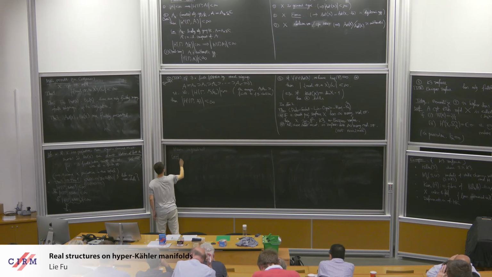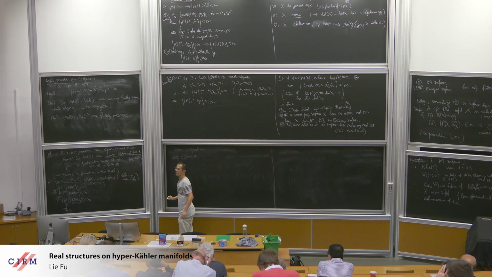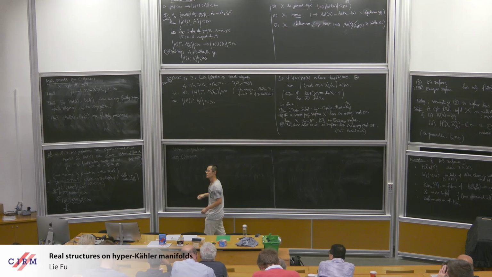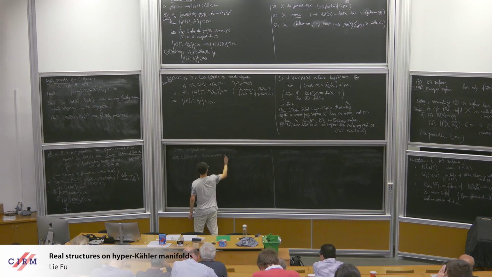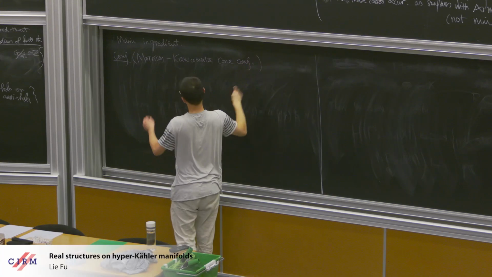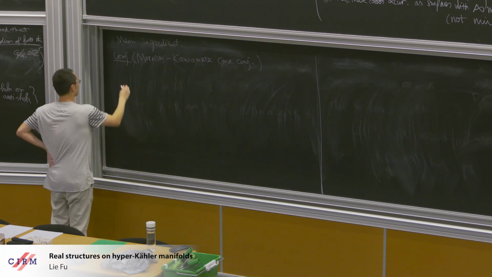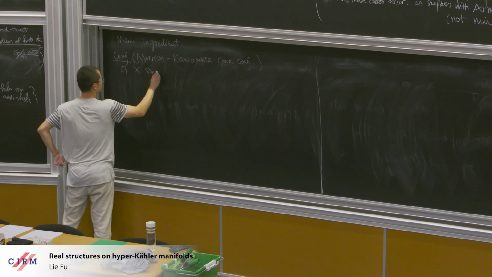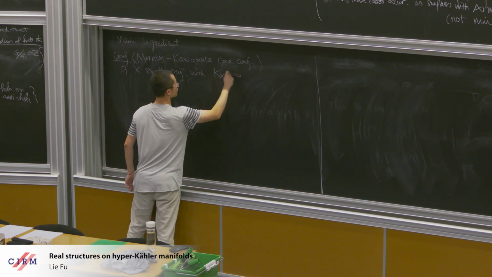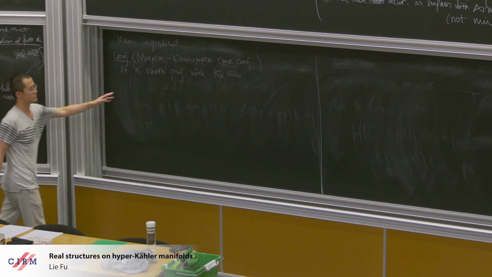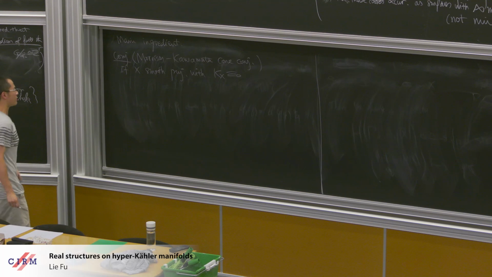It's a conjecture usually attributed to Morrison and Kawamata. Theorem 2, and even theorem 3, is also quite a direct consequence of this conjecture. The Morrison-Kawamata Kohn conjecture says the following. If X is a smooth projective variety with a trivial canonical bundle, or even numerically trivial canonical bundle, let's not distinguish the details here, Calabi-Yau manifolds, then